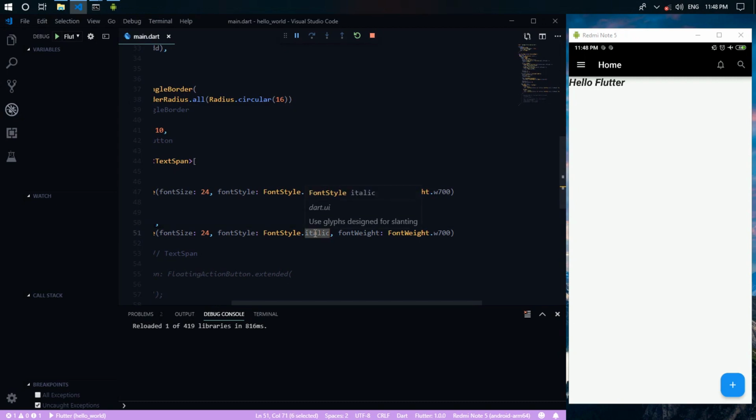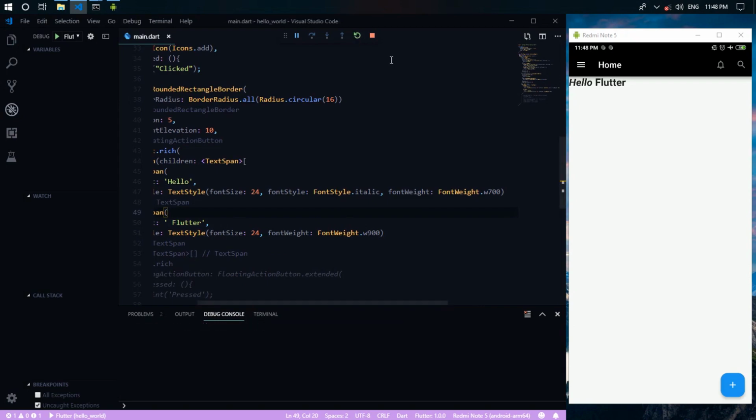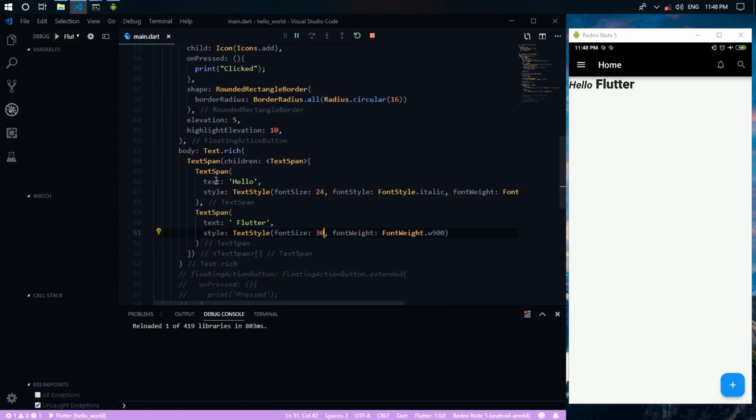We can change it to regular, looks like this, and we can make it heavier, looks like this, and we can change its size maybe to 30, looks like this. So we need to use Text.rich, and we need to provide TextSpan inside this Text.rich.